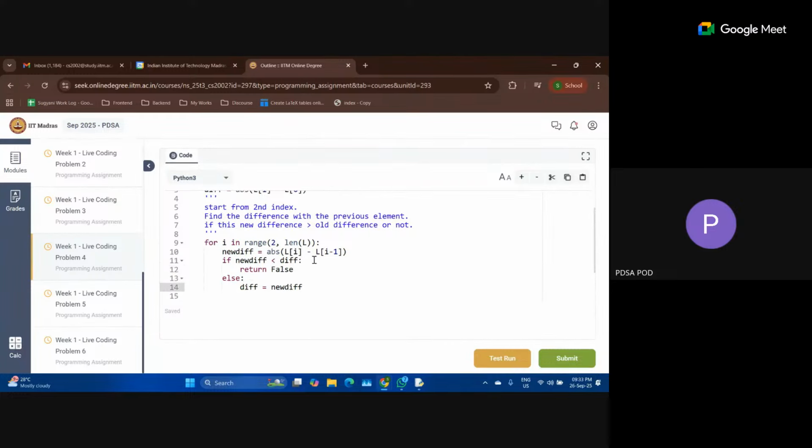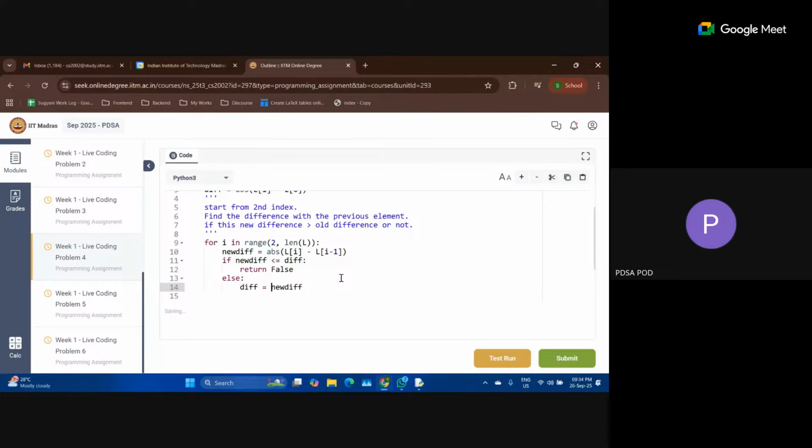Once this is done, this part is done actually. If this entire thing has already executed, then what has happened? The new difference is always greater than the difference statement. Actually, this will be greater than or equal to. Why will this be greater than or equal to? Can somebody explain? The question states that the new difference should be strictly greater than the previous difference. So if the new difference is greater than or equal to the previous difference, then we will be returning false.